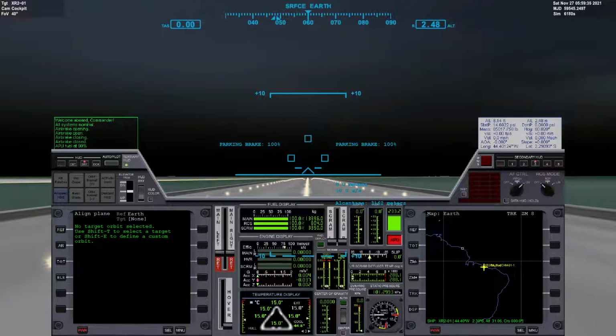Okay, so once again, we're back in Orbiter Spaceflight Simulator. We will be doing yet another